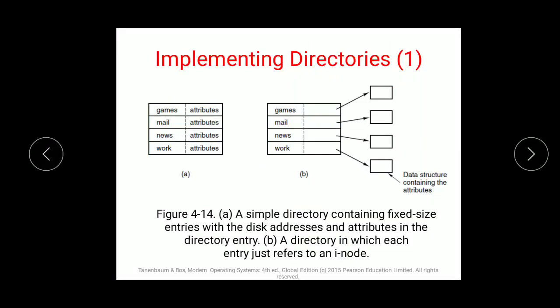In contiguous allocation, this information may be the disk address of the entire file, since only a single component is needed for one contiguous file allocation. In linked list allocation, the directory contains the starting and ending block number of a file. In index allocation, the directory contains the starting block number of a file.